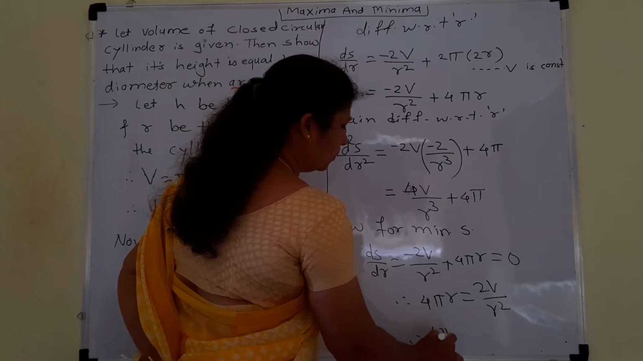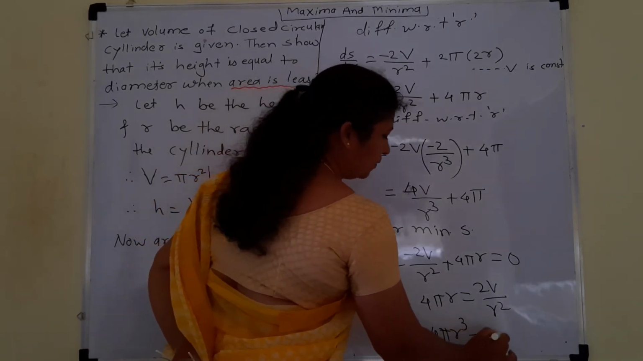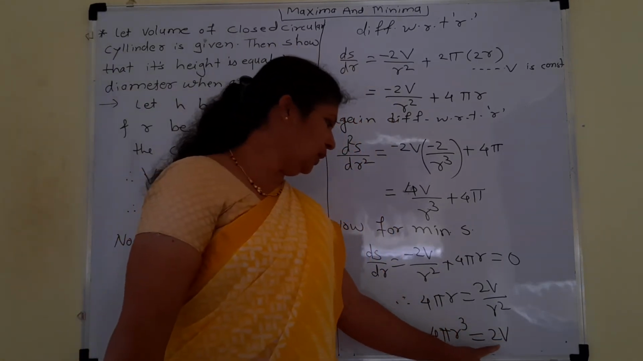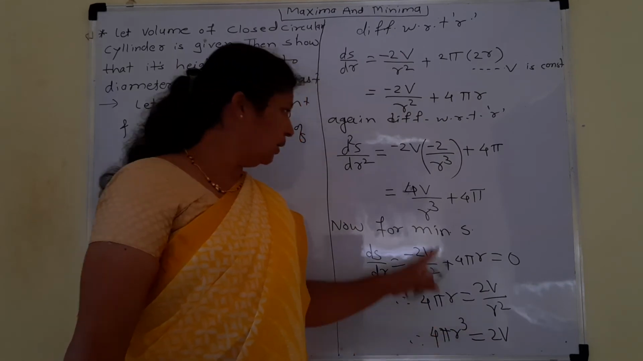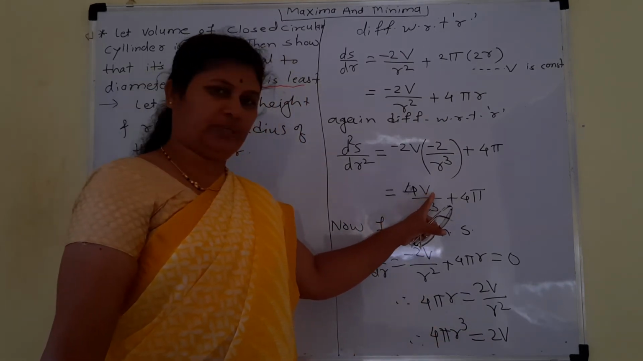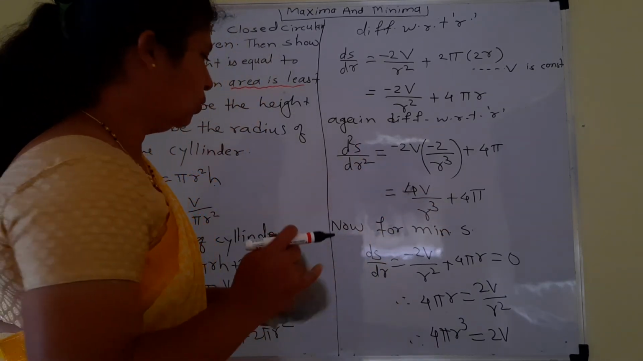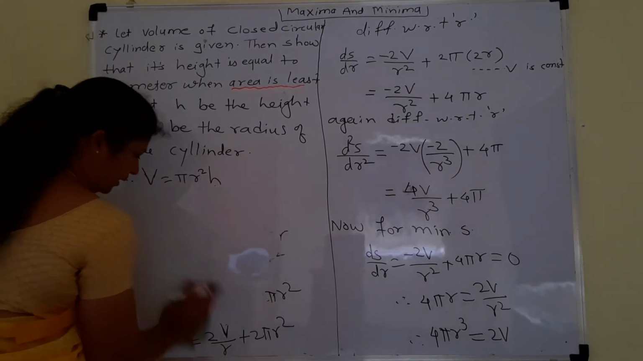Here 4 pi r cube, this r square is multiplied, is equal to 2 times v. Here v is equal to, divided by 2, it will be 2 pi r cube. I will put this value of v here for d2s by dr square. So for this value of v, r is my variable,